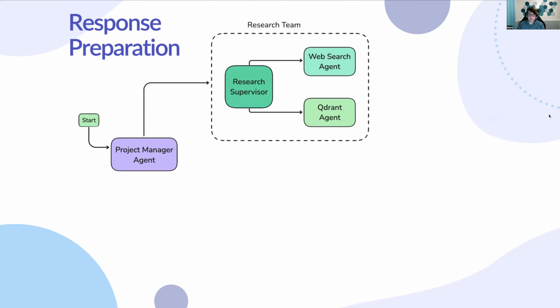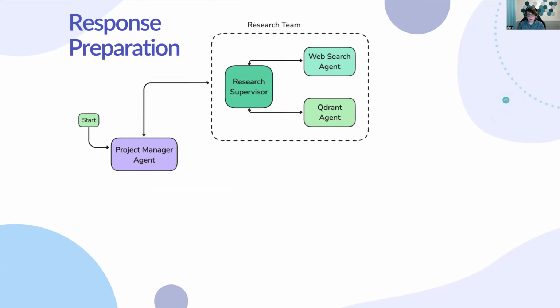The first agent that the supervisor will call uses a Cohere-powered compression retriever to access our Quadrant database to find context related to that topic. The second agent takes that topic, any collected context from Quadrant, and generates a web search query string, then uses Tavily to search for additional supplemental context from the internet. All of that data is then passed back to the research supervisor, who determines if this is enough to make a